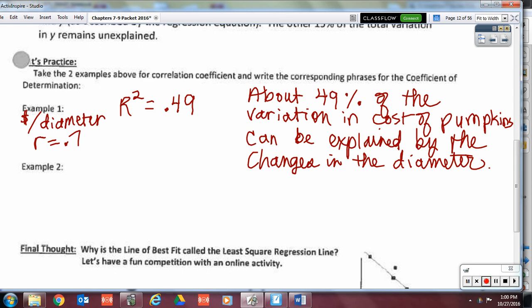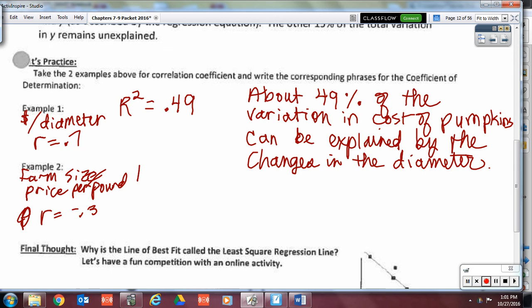All right, example 2 was about the size of the farm and the price per pound, and that R value was negative 0.3. So therefore, what's the R squared value? 0.09. Is that very much? I mean, this was a weak correlation, remember? So I'm going to say only about